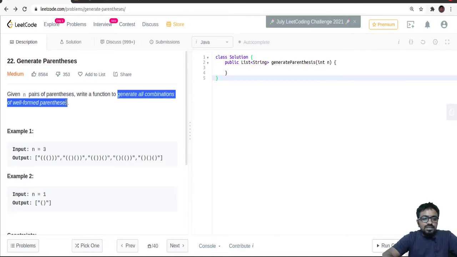Now this can be done in a lot of ways. You can do it using stack, and you can do it using backtracking. Today the solution that we are going to discuss is through backtracking. Now if you want to understand how backtracking works and what happens in the backend, you can visit my backtracking video, and I have explained using this question only how backtracking works, and it generates all possible combinations of well-formed parentheses. But just to give you a quick refresher on that,